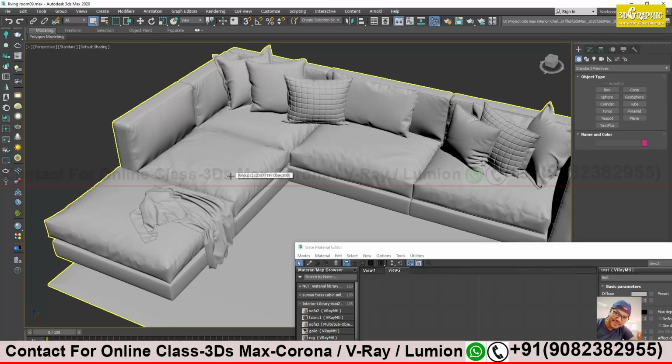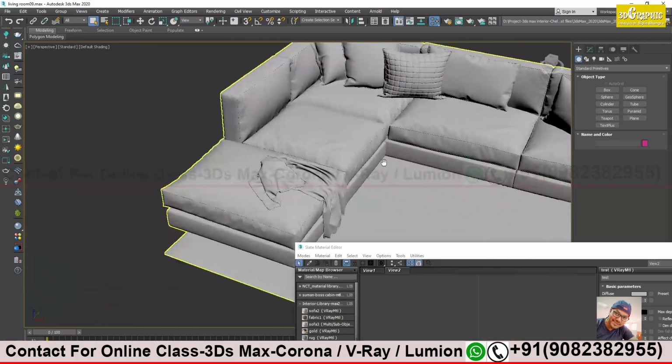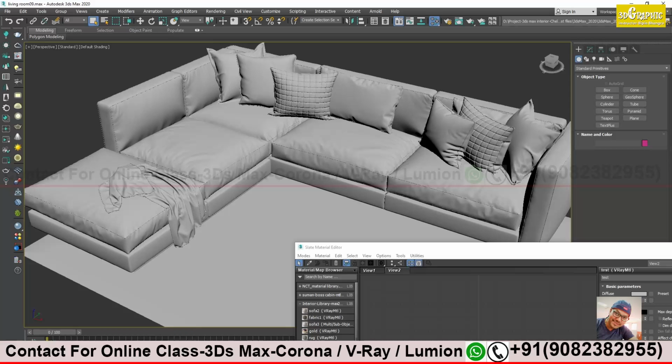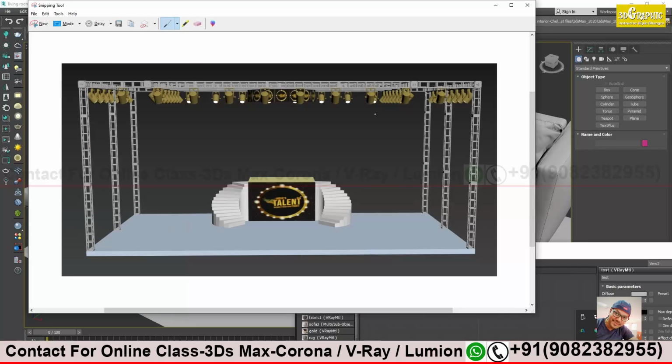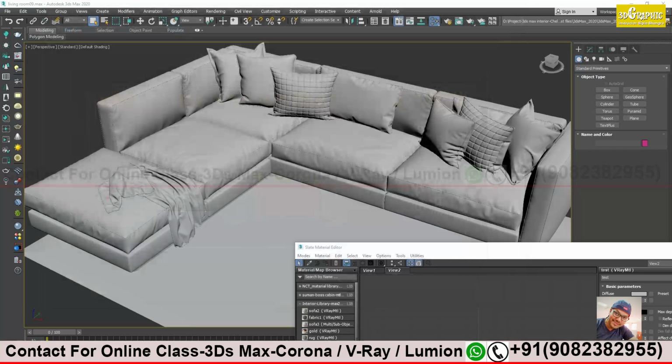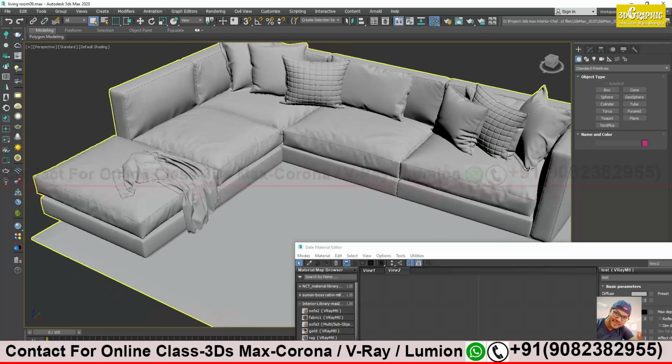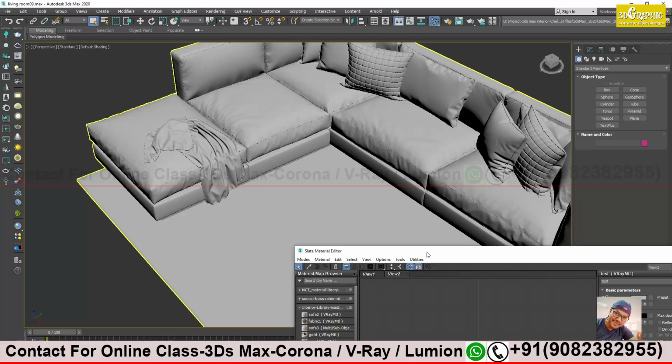Some network problem I'm facing over here. Can you hear me properly? I can hear it. You can see my computer screen. I can see your computer screen. All right. Let's continue. Let me check. Connected. Okay, and I close this. I don't need anything else. All right, let's continue. No problem.